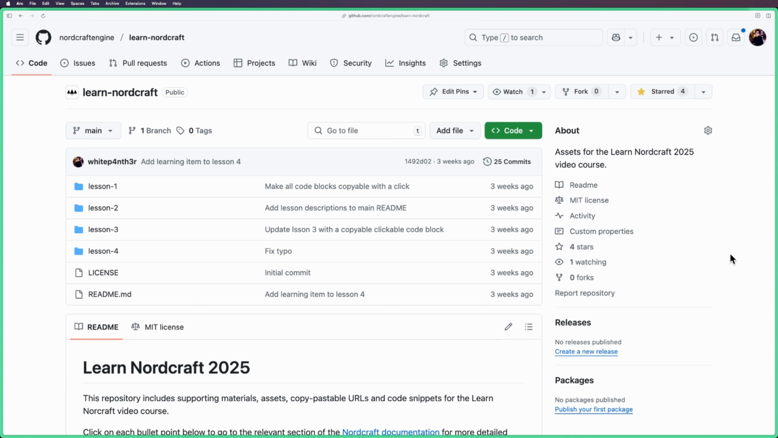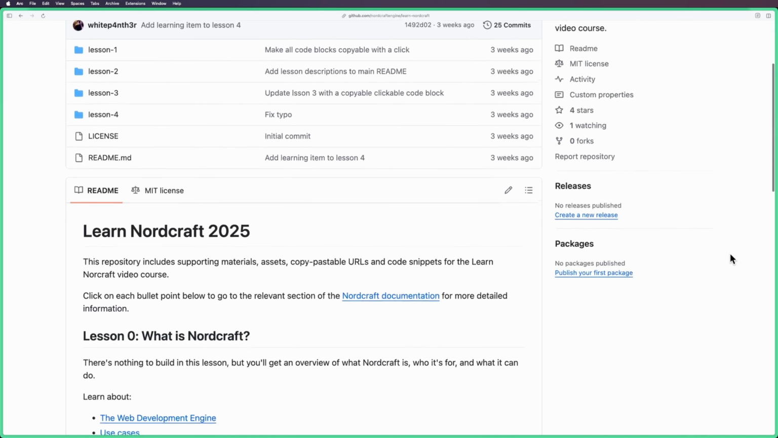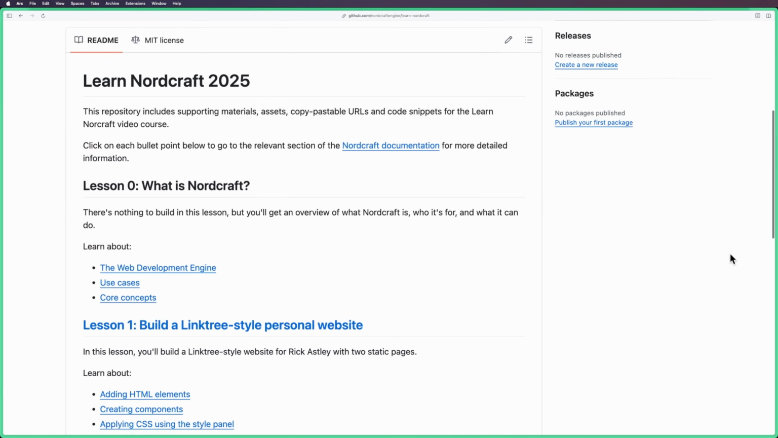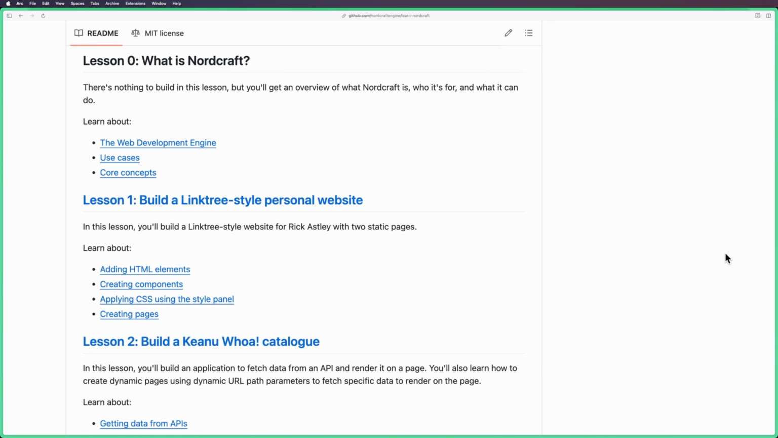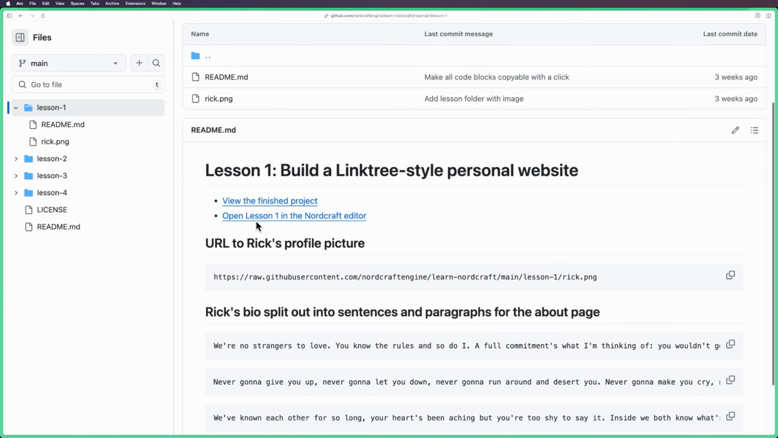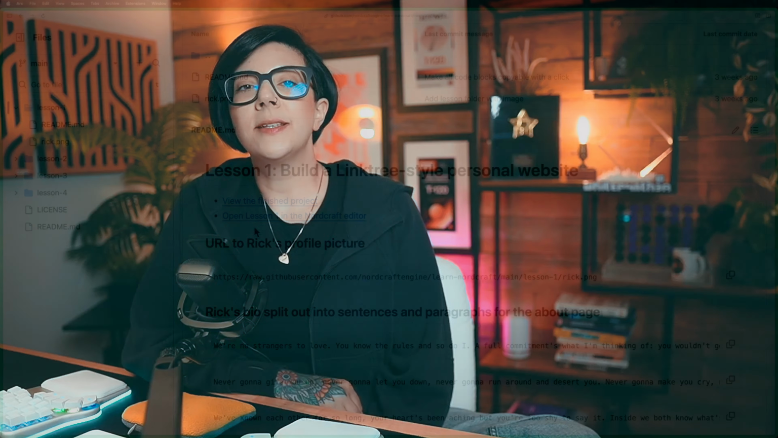In this series, we're going to build some fun websites and web apps together in real time as we explore and learn how to use Nordcraft. To get an overview of the series, you can go to the Learn Nordcraft repository on GitHub, the link is in the description, where you'll find information about each lesson, including a rundown of what you're going to learn, links to the Nordcraft docs, assets you'll need for the lesson, and links to the finished projects in production and in the Nordcraft editor. All the lessons are self-contained and are aimed at exploring more advanced features and concepts as the